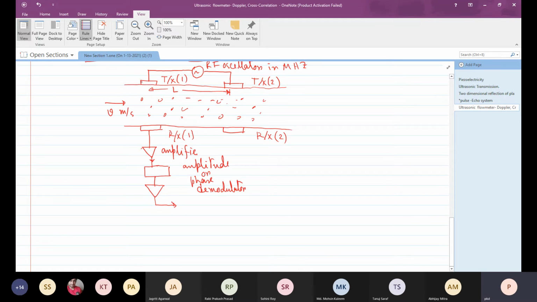So if we want to lock in, there would be a reference frequency, and this reference frequency can come from this transmitter side. That could be through an amplifier. Generally for a lock-in amplifier, of course, this amplifier, which is shown here as the feedback amplifier, feedback oscillators.